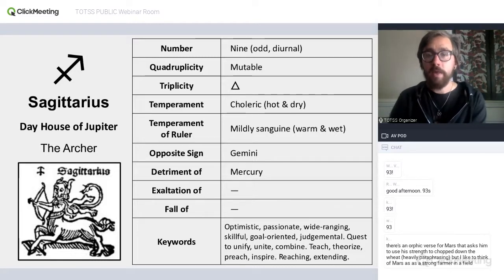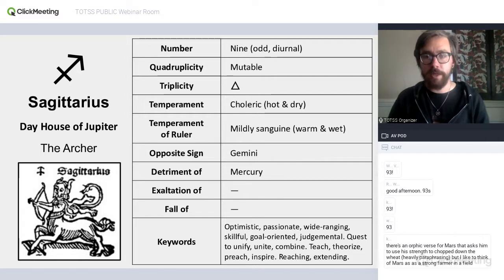And I think we can see how that comes through both this combination of fire and Jupiter. So your quest to unify, unite, and combine can all be very Sagittarian qualities. And as you see in the tarot, there's some definite alchemical symbolism with Sagittarius and in the path of Samekh on the tree of life, and as being interested in the unification of opposites and that quest for the one or transcendental truth.